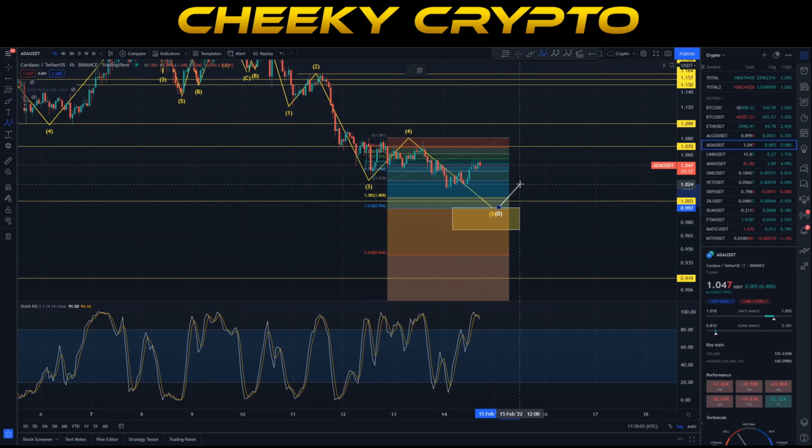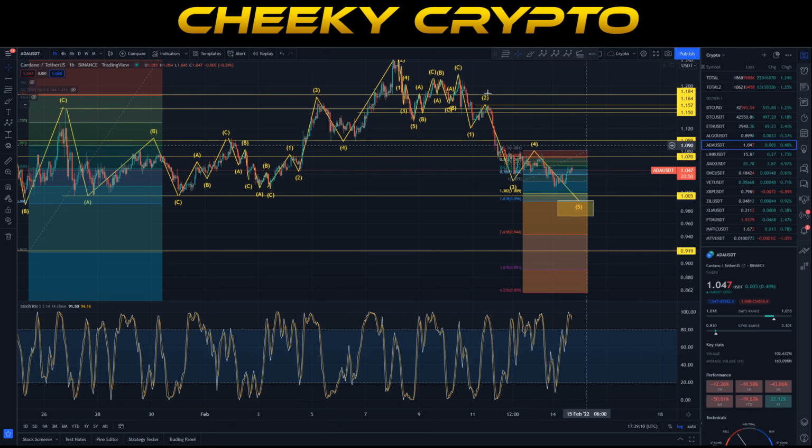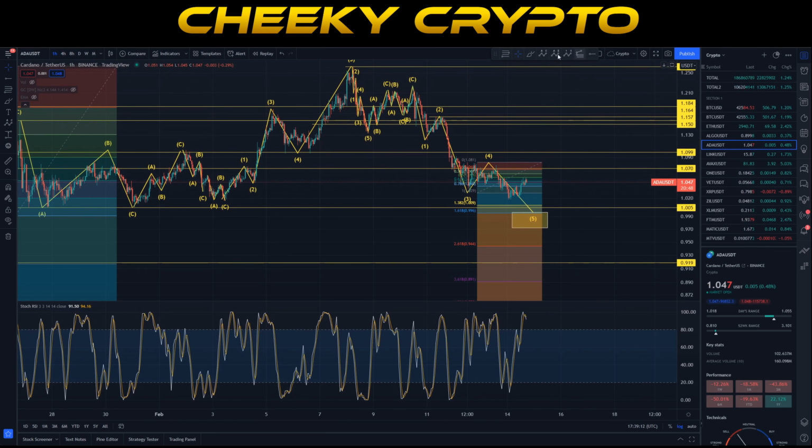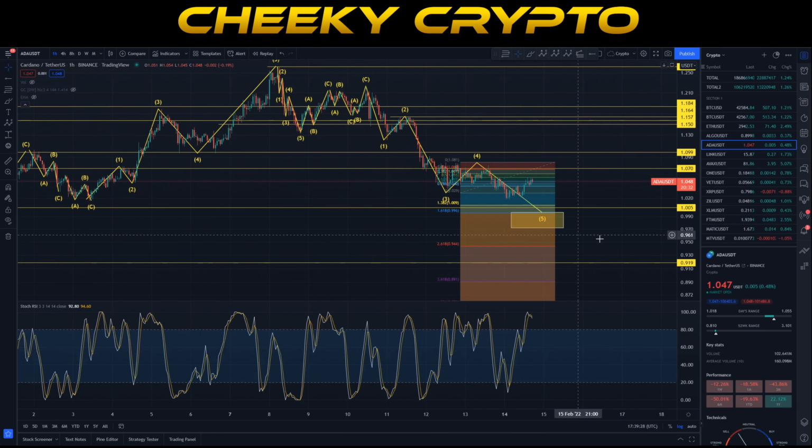Now, this really depends on what the market conditions are like at the time as to whether or not that is a nice big ABC move to the upside. And after a fifth wave like this, you would anticipate that it would. You would think that it would actually be a pretty substantial move. However, you could also argue that if the markets are not favorable, you end up with a small ABC and then a slightly larger one coming down. I think that's unlikely, but it's very, very possible. And I'll go into why in a moment.